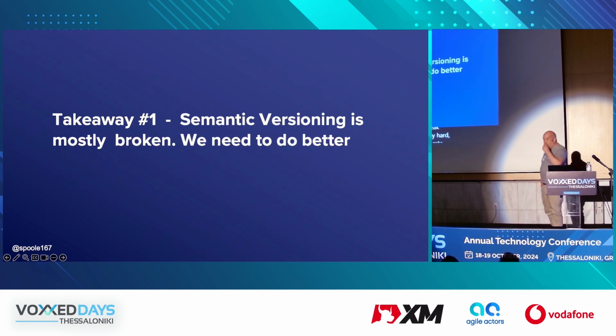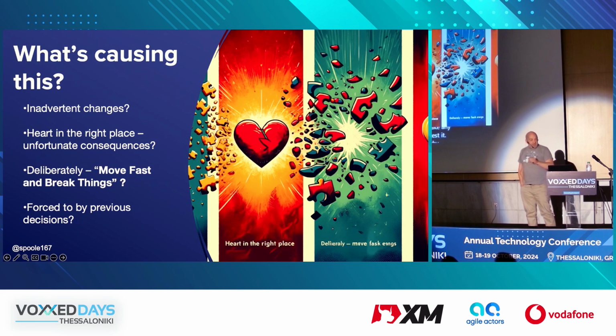So that's the first takeaway. When you look at downloading stuff, we'd love you to feel that semantic versioning is something you can rely on, but the end result is it's all up to you to figure out. You can't make any distinctions. You just have to test it. So we have to ask ourselves why that's the case. And there's a bunch of reasons why that is the case.